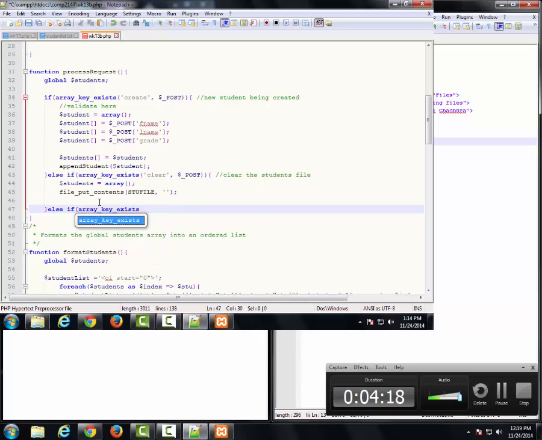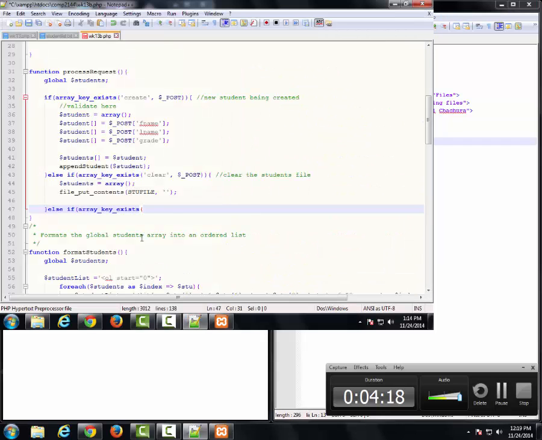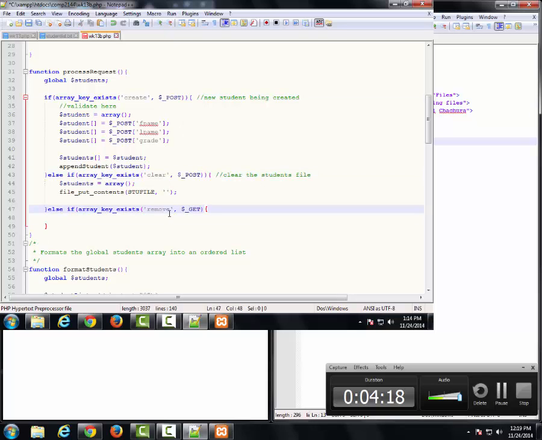Which array key am I looking for? Remove. So here I'm looking for remove, this time inside the GET array. And these should be mutually exclusive events. So I shouldn't have the GET array set at the same time as the POST array. That's why I put it as an else if. Okay, if this is the case,